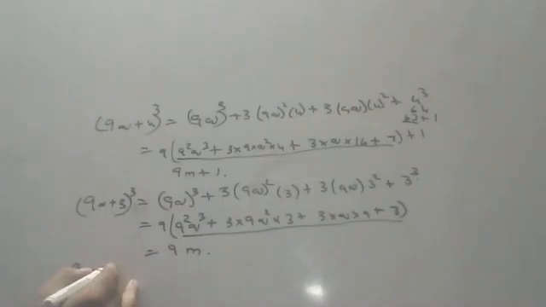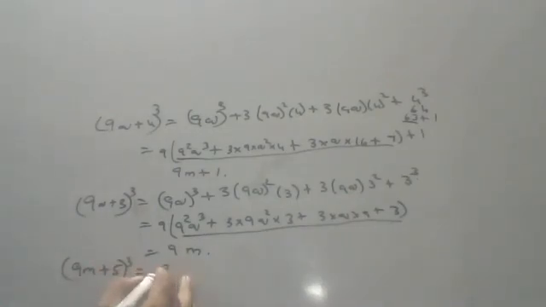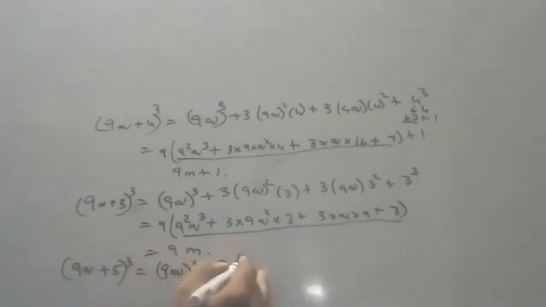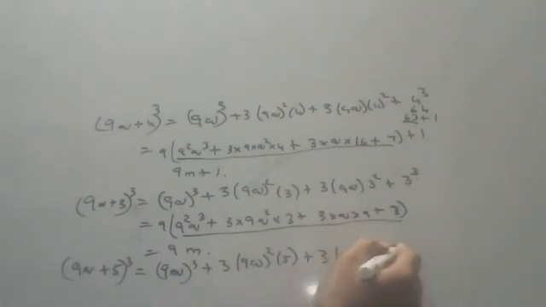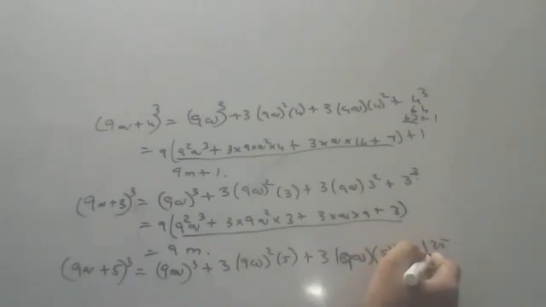After this, 6, 7, 8 you should only do, children. Okay, I'll give a hint, you do. Okay, children. a cube, 9 cube, sorry, I'm seeing here. a cube plus 3a square b plus 3ab square plus b cube. b cube means 125, children. 125 means, children, I can write 118 plus 7. Why? Because 125 won't go in 9. 124 also won't go in 9.